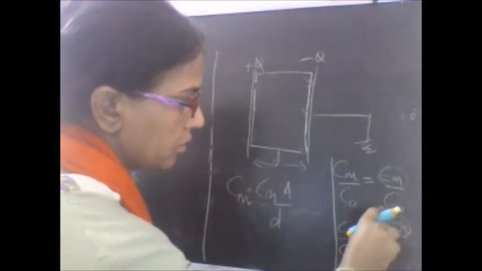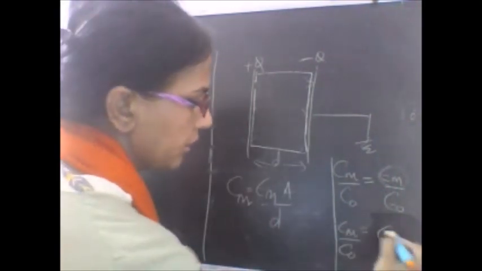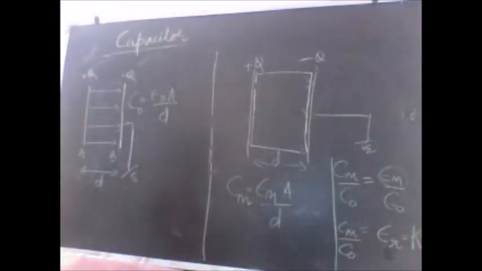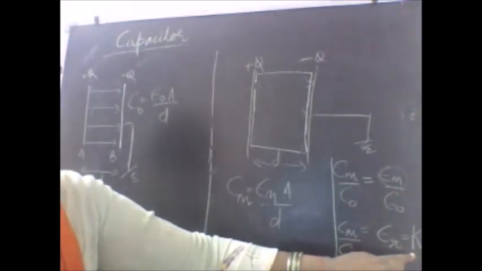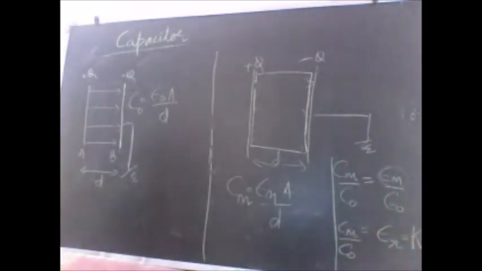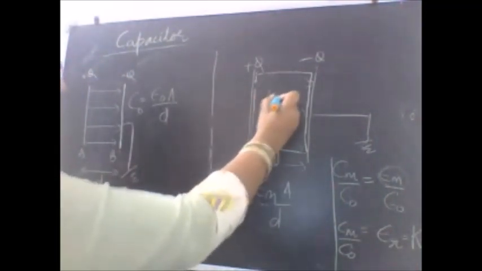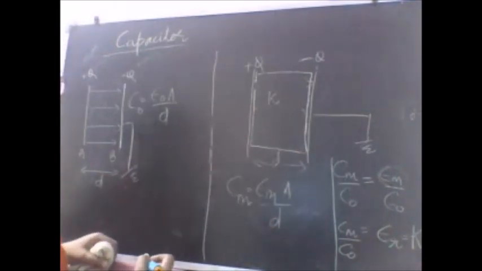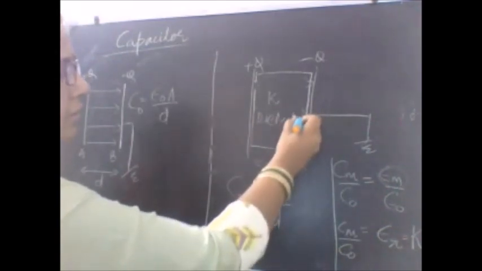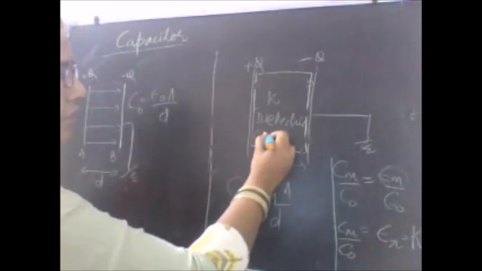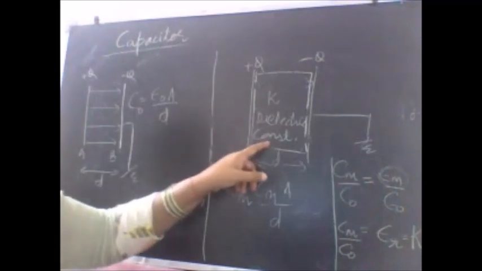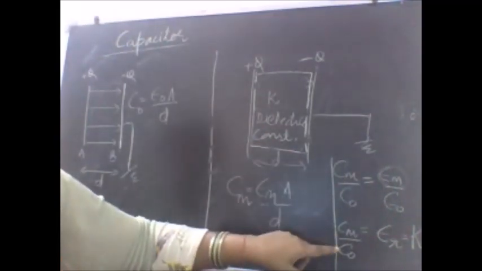So the formula here is epsilon r. This epsilon r is written as capital K, and this K is defined as the dielectric constant of the medium, the intervening medium, the medium that we have inserted in between the plates. So this is your dielectric constant. So we can define dielectric constant easily: